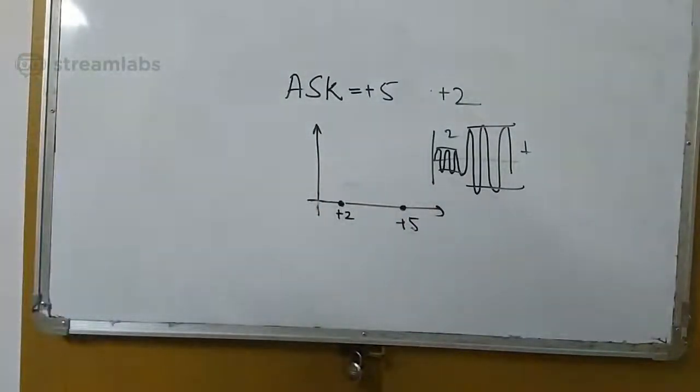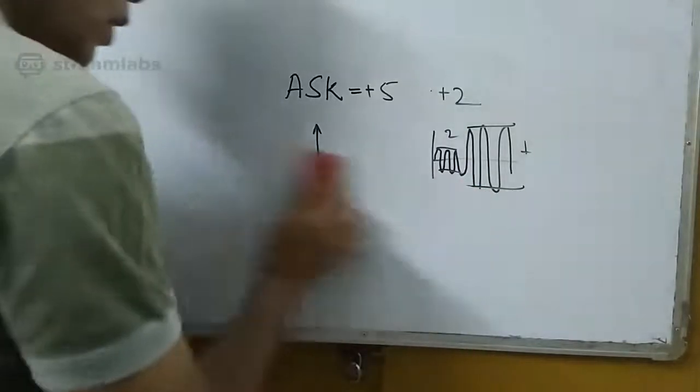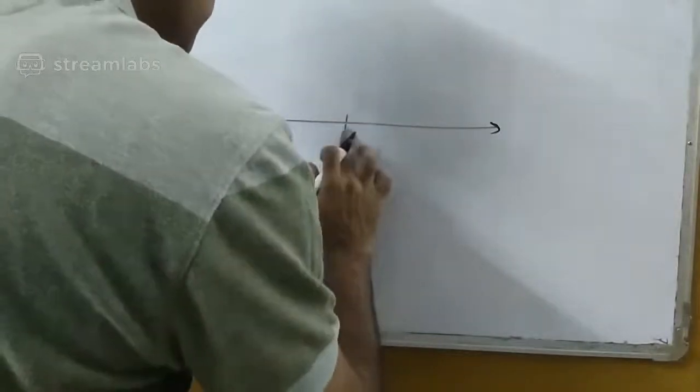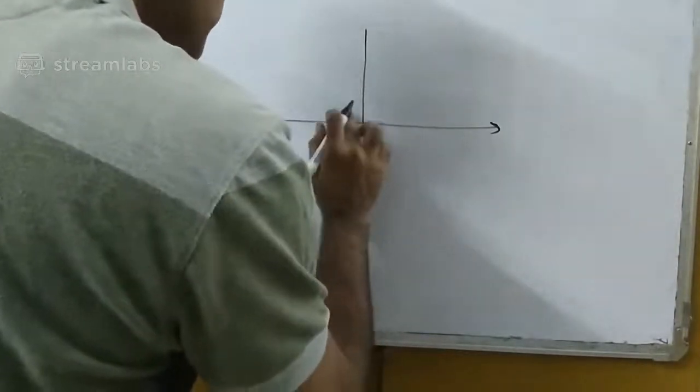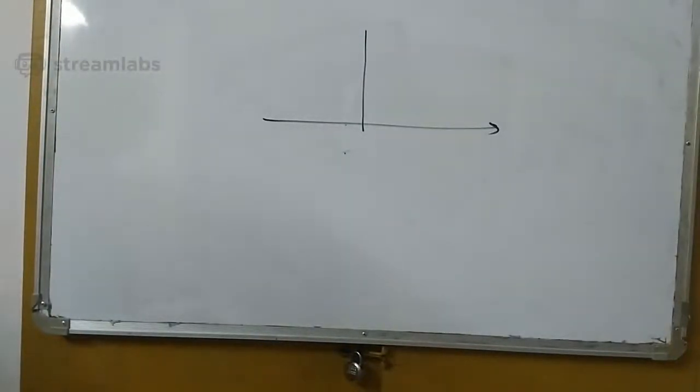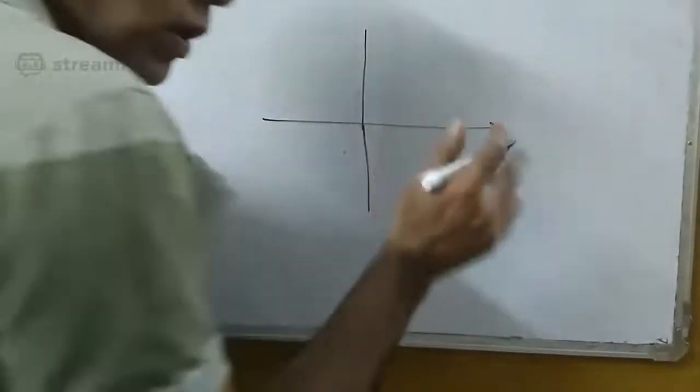Now, I will talk about QAM. Sorry, FSK. Rather than talking about FSK, I will talk about PSK. FSK is difficult to represent on this constellation diagram because the frequency is getting changed. So when it comes to a PSK representation,